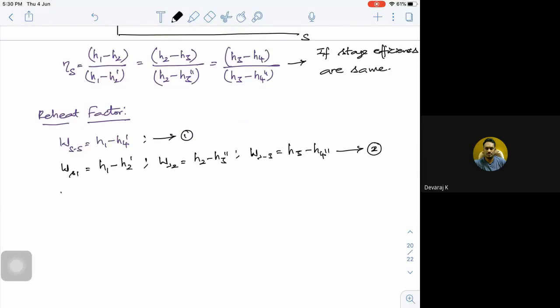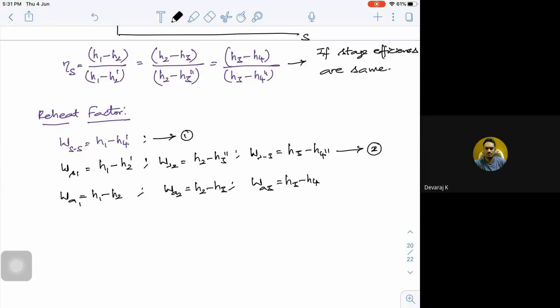The actual work done will be H1 minus H2 for the first stage, H2 minus H3 for the second stage, and for the third stage it is H3 minus